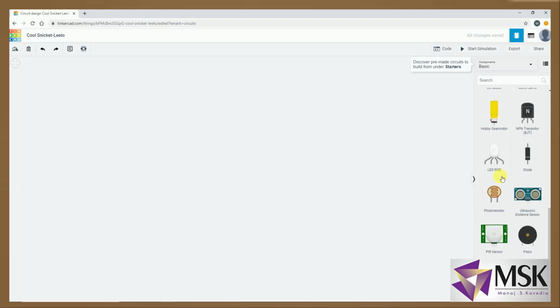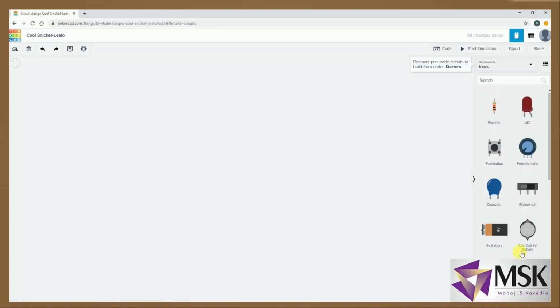Now this is an RGB LED having 3 different colors, we'll be using this. Then a diode, an LDR, ultrasonic sensor, PIR sensor, this is a buzzer, a temperature sensor and even a multimeter. So these are all the basic components.